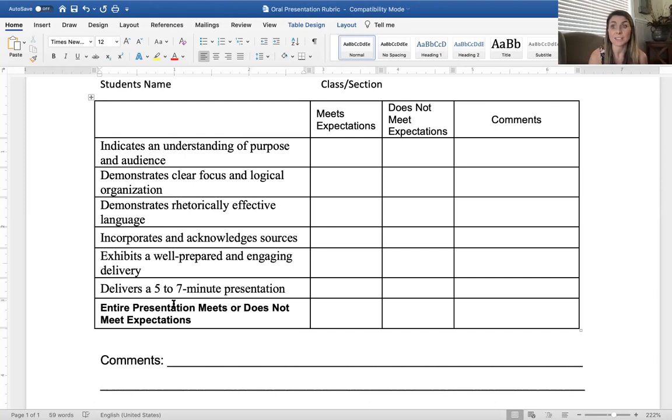Essentially, at the end of all this, did it pass? Okay. These two are going to have heavier point values, of course. They're going to be 25 points apiece, whether or not there was a clear message, a clear purpose, and that it was organized. Okay. And then the other points will be divided amongst these four other sections. If you have any questions about where this grade is going to come from, please don't hesitate to ask.